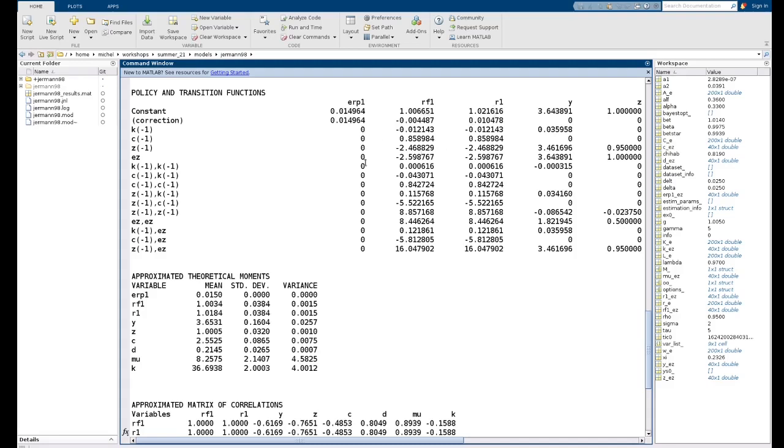The other remarkable thing is that at order 2, the expected risk premium is not affected by the state variable. As far as the state variables are concerned, you see first the linear effect, as in the report at order 1. Then you get all the cross terms. And again, remember, it's not here k_{t-1} times k_{t-1}.